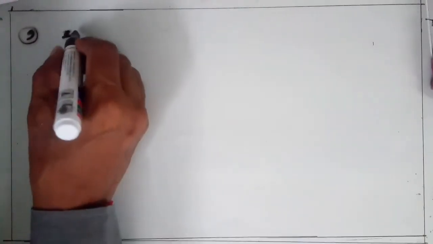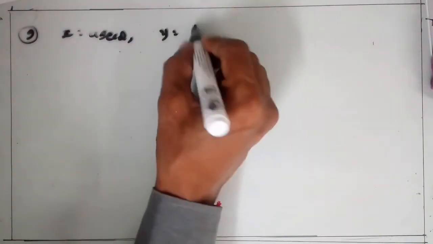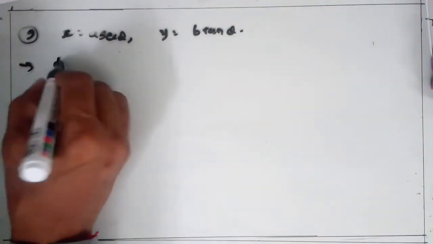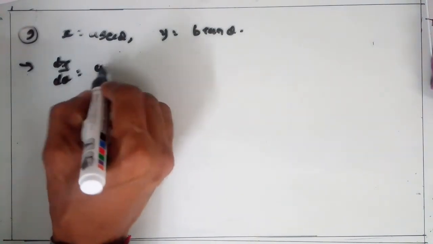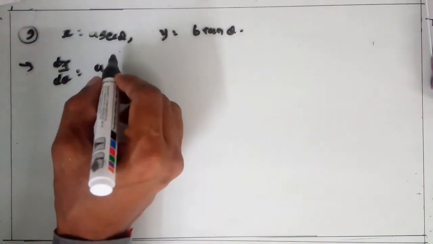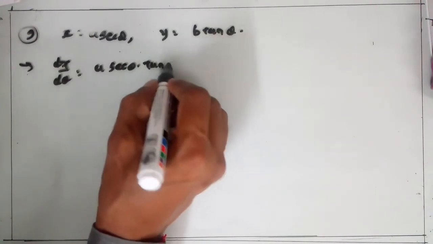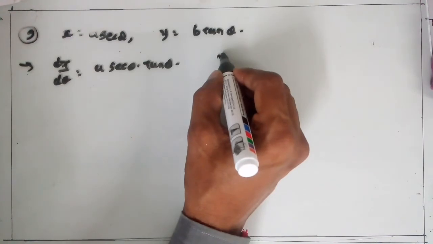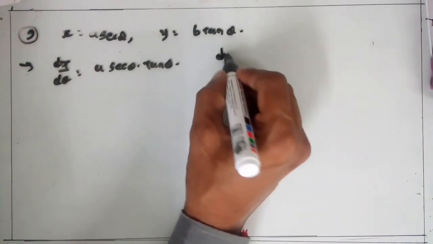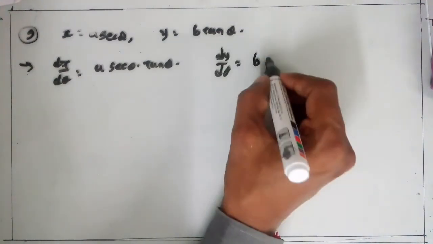Question 9, x is equal to a sec theta and y is equal to b tan theta. Find dy dx. For this, first we get derivative of x with respect to theta. So dx d theta is equal to, we know that the derivative of sec is sec theta into tan theta. Clear? Similarly, for y is equal to b tan theta, find the dy d theta. So dy d theta is equal to b. Derivative of tan theta is sec square theta.